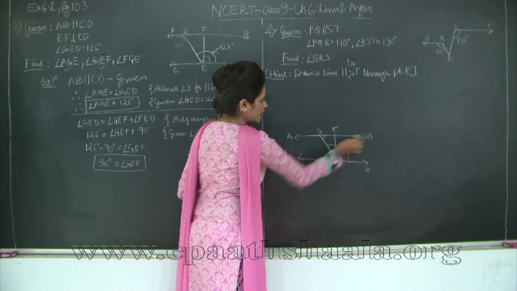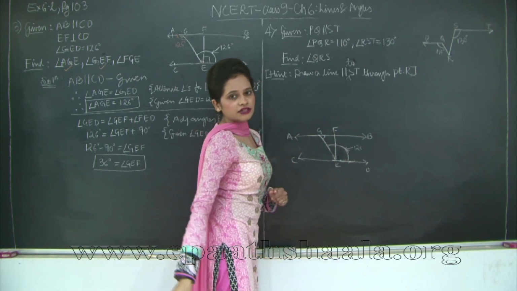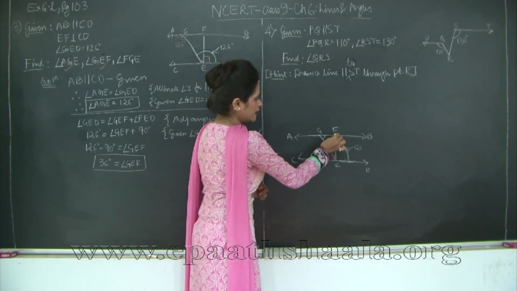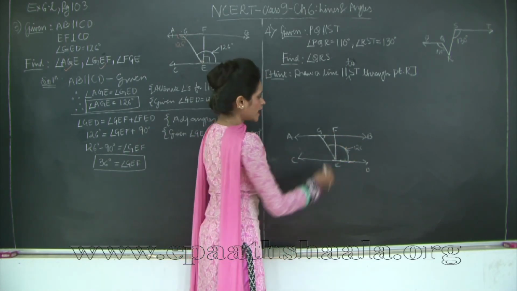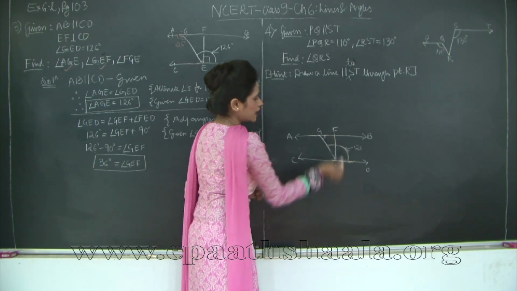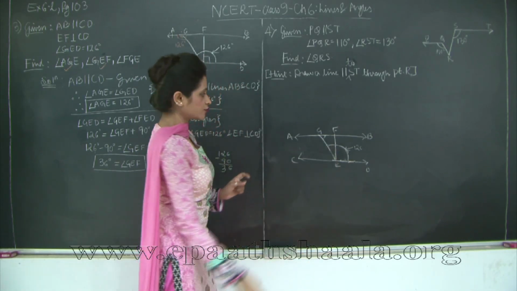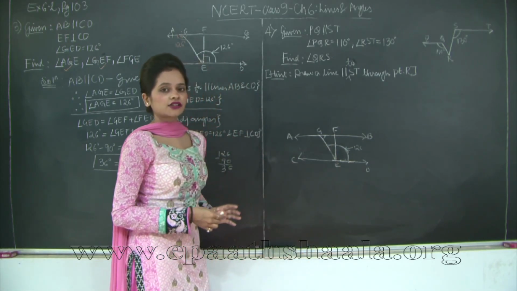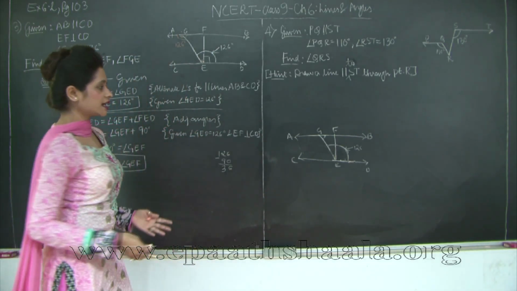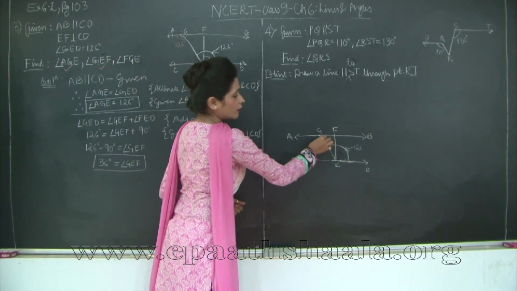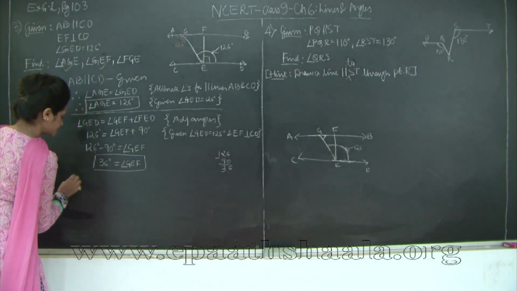Now if you notice, AB and CD are parallel lines and GE is the transversal. Therefore, I have angle FGE and GED equal to 180 degrees. Why? Because this angle and this angle out here are a pair of interior angles on the same side of the transversal. So for two parallel lines, the sum of the interior angles on the same side of the transversal is 180 degrees. So this angle would be obviously 180 degrees minus 126 degrees. Let's solve this.